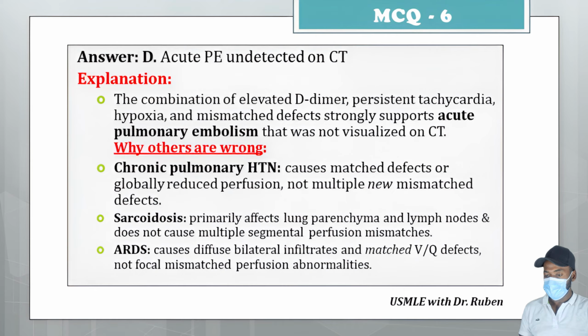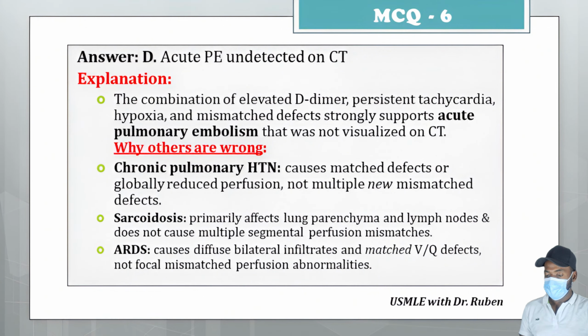When this is paired with an elevated D-dimer, ongoing tachycardia, hypoxia, and clear mismatches on imaging, the picture is strongly indicative of an acute pulmonary embolism that simply escaped CT detection. On the other hand, chronic pulmonary hypertension typically produces matched perfusion defects or diffuse perfusion reduction rather than several new mismatched areas. Similarly, sarcoidosis primarily involves the lung parenchyma and lymph nodes, and does not lead to multiple segmental perfusion